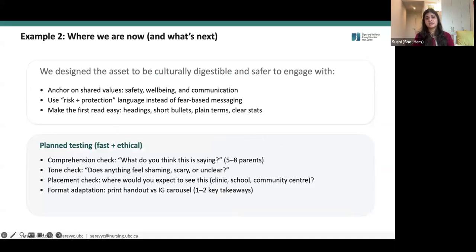Again, we designed the asset to be culturally digestible and safer to engage with. We anchored on safety, well being, communication. We used more of risk and protection language instead of any fear based messaging. And we made it easy to read. So we had big headings, short bullets. We actually highlighted the numbers, as was suggested in one of our youth advisory groups, and we kept the statistics